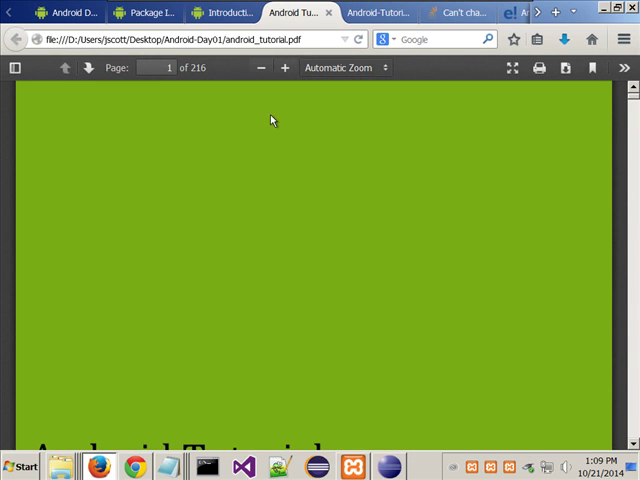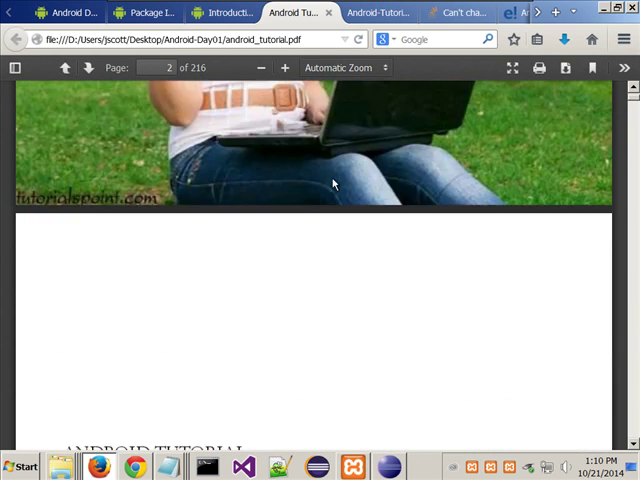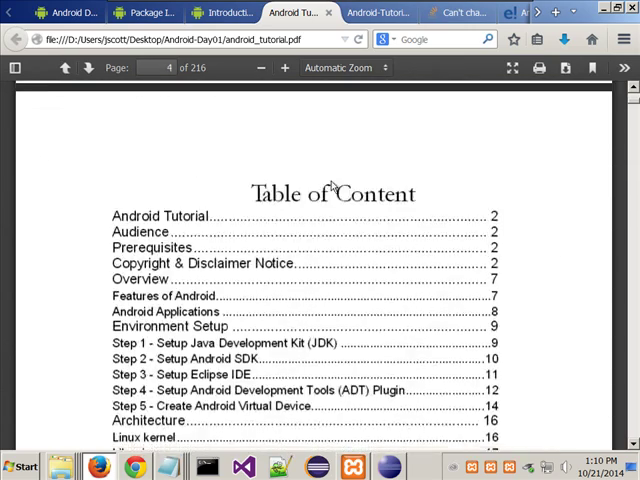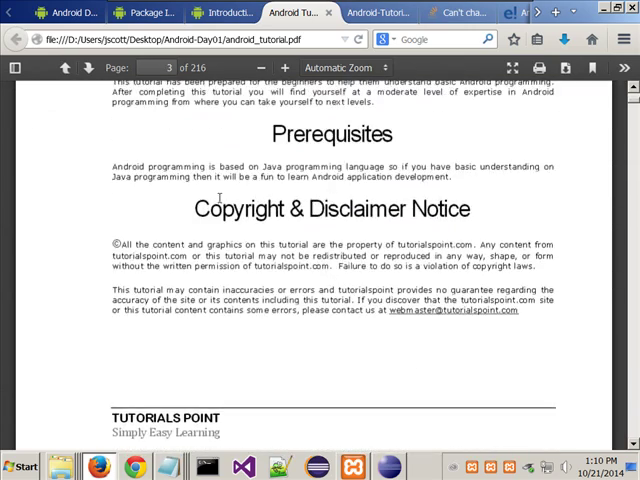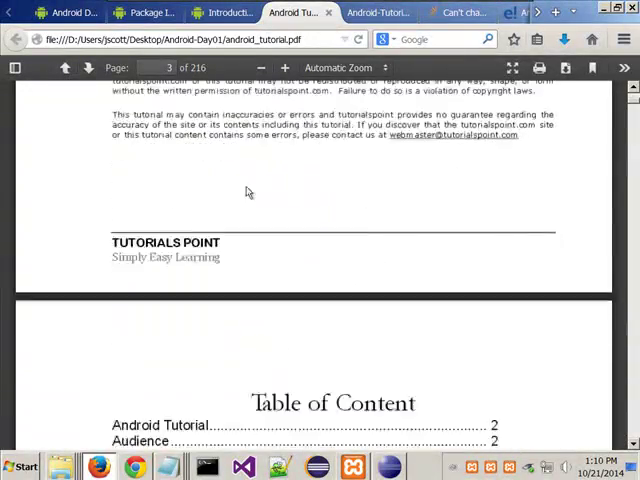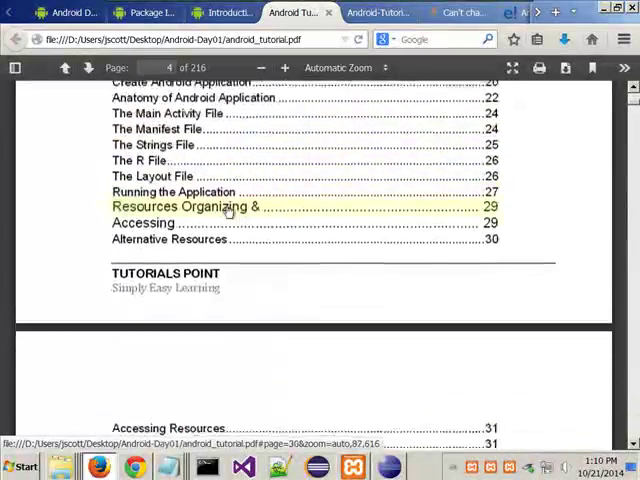This is that 216-page tutorial from Tutorials Point. They always put young, nice-looking people on the cover. All right, and when you look in here, I'm not going to go through any of it, other than to show you again. I was looking for the date on it and I don't see it, but you can see how to set up your environment,